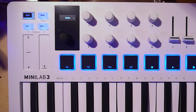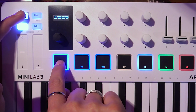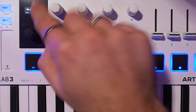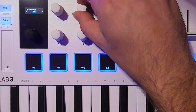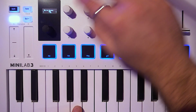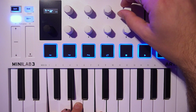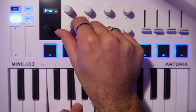So now it's a bit slow, and now I can press Shift and ARP for a bit longer, and now I can modify every single parameter inside of the arpeggiator. I can change the mode, and I can change up and down and the order. Random. I can leave it there. I can choose the subdivision, the swing, the gate,